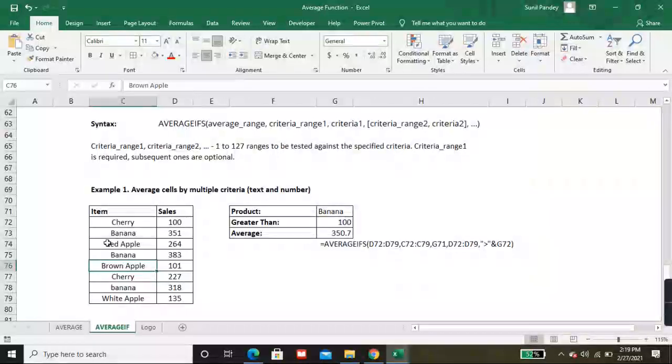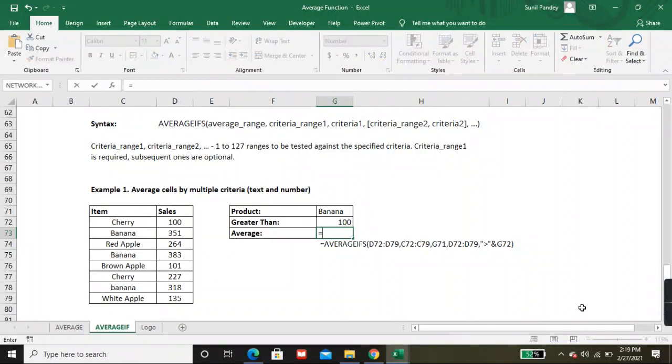Okay, so I have made a table for the average ifs function. We have a product and we have a second criteria also, greater than 100. So let's see. I'll put average ifs. Here you have to select the average range first.